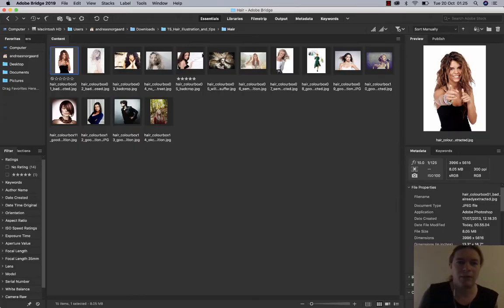So I'm inside of Bridge and I'm showing you these pictures. Okay, so the first picture right here isn't actually bad for extraction, but the bad part about this picture is that it has already been extracted. If you look at the parts of her hair, I'm just gonna zoom in on some parts of the hair. You'll notice that there has already been some extraction of hair here. This is not how hair would look